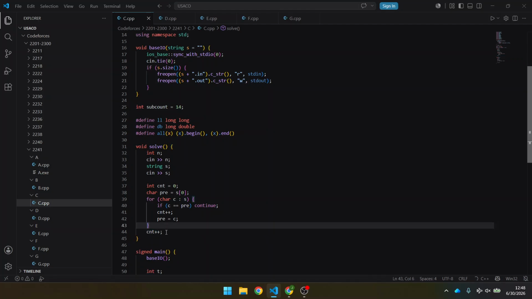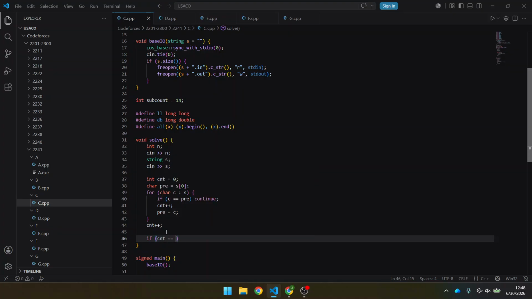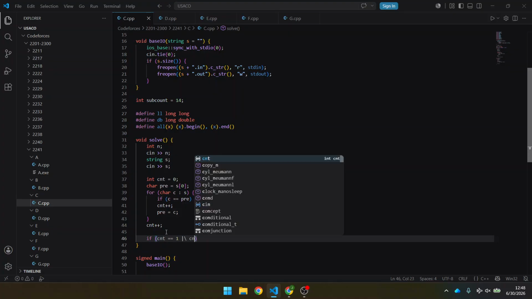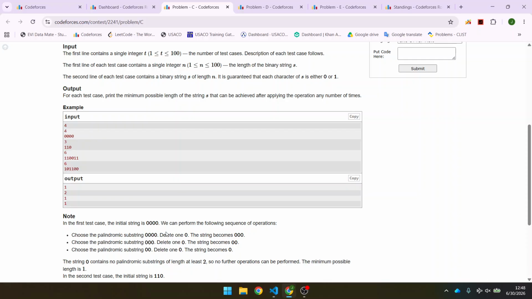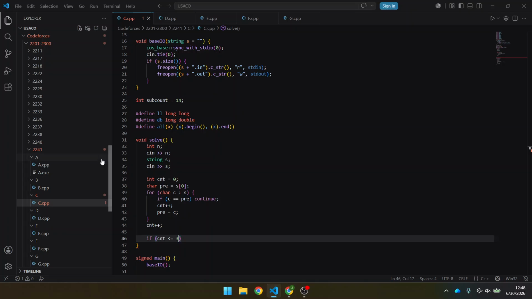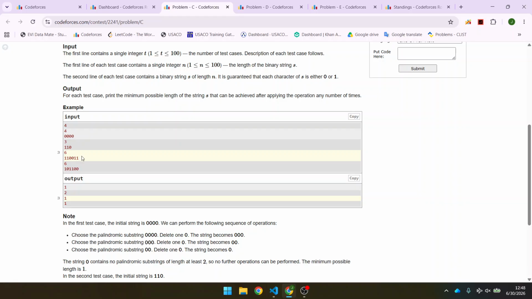If cnt equals one or cnt equals two, or if cnt is less than or equal to 3, let's see. Anything less than or equal to 3, if I can get to, let's see,